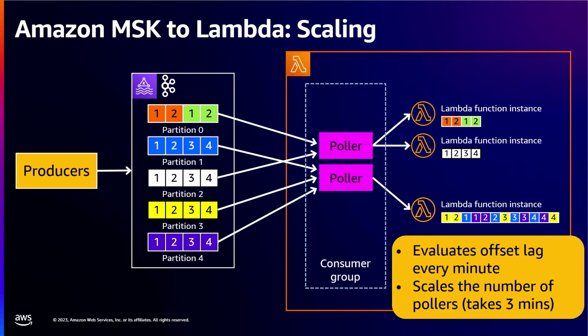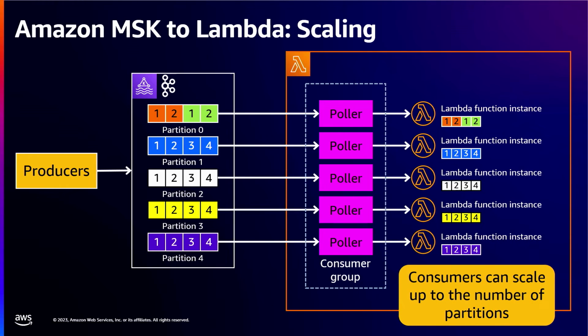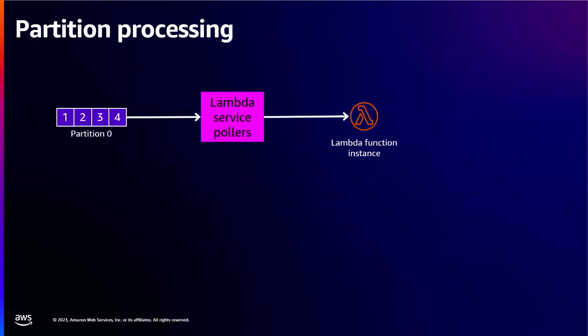And then Lambda is going to automatically add additional pollers for the topic, which then scales out to more Lambda functions. And this process can take about 3 minutes, but with the recent announcements, that scaling process is going to be really quick, and it's going to be able to scale up to the maximum number of partitions that you need within 3 minutes. So Lambda can then scale up the consumer pollers to less than or equal to the number of partitions, so it ends up with a sort of mapping of 1-to-1. And this also preserves message ordering in each partition, so of course the maximum number of consumers is 1 consumer per partition in the topic. So Lambda can scale up to match the number of partitions, and they work together for this throughput.